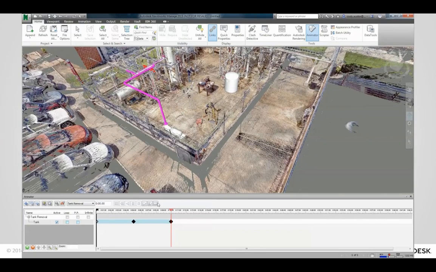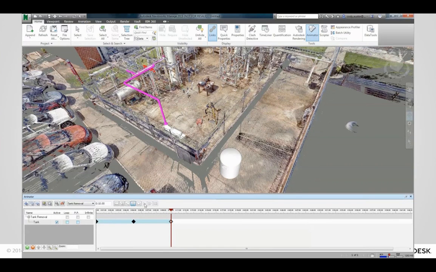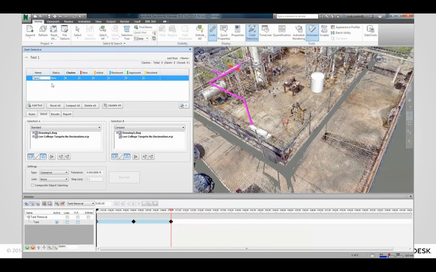Another thing we can do in Navisworks is animate the objects, and we can tie these animations to different schedules, maybe Microsoft Project or Primavera, for example. We can do construction sequencing or some sort of 4D and even 5D simulation if we wanted to simulate cost. But we can tie these animations to clash results. So if I wanted to simulate the removal of this tank, for example, from this facility,